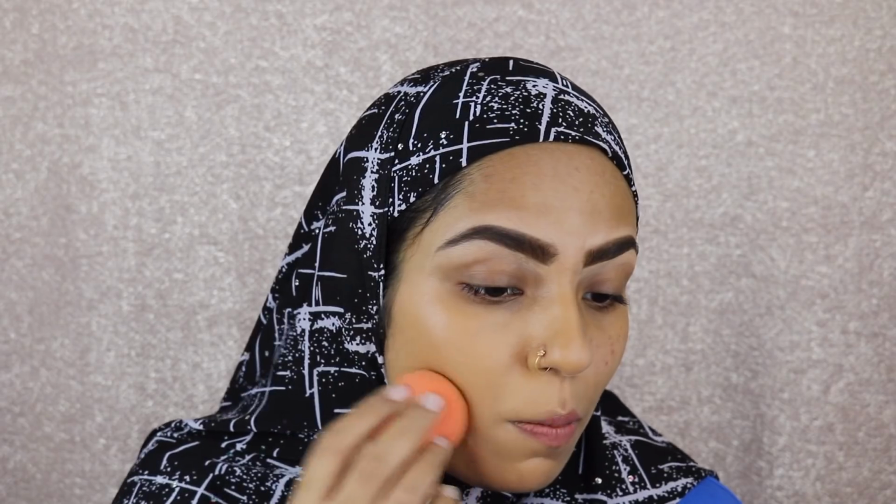Oh my god, there's foundation all over my new nose ring. Oh my god, the foundation is actually looking really smooth and really nice on my skin. I don't know if you can tell, can you? I have a lot of acne scars on this side, but this is without foundation